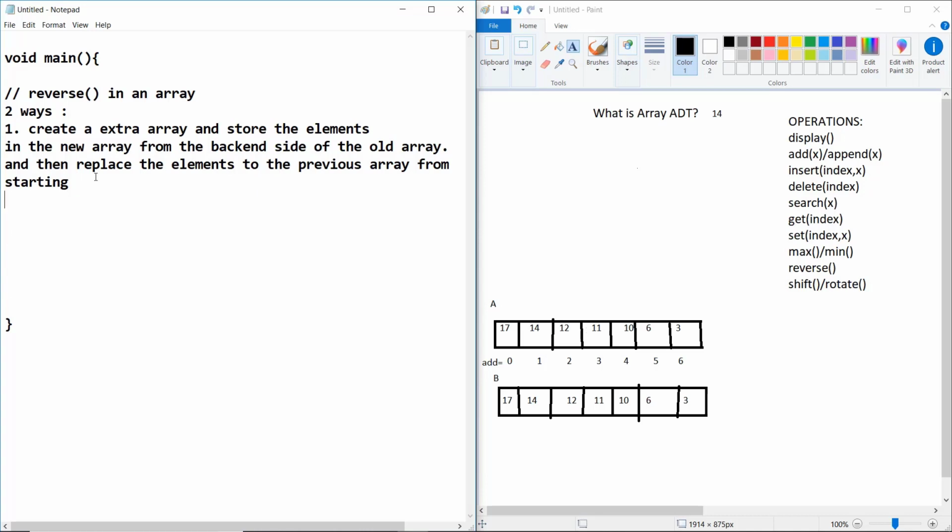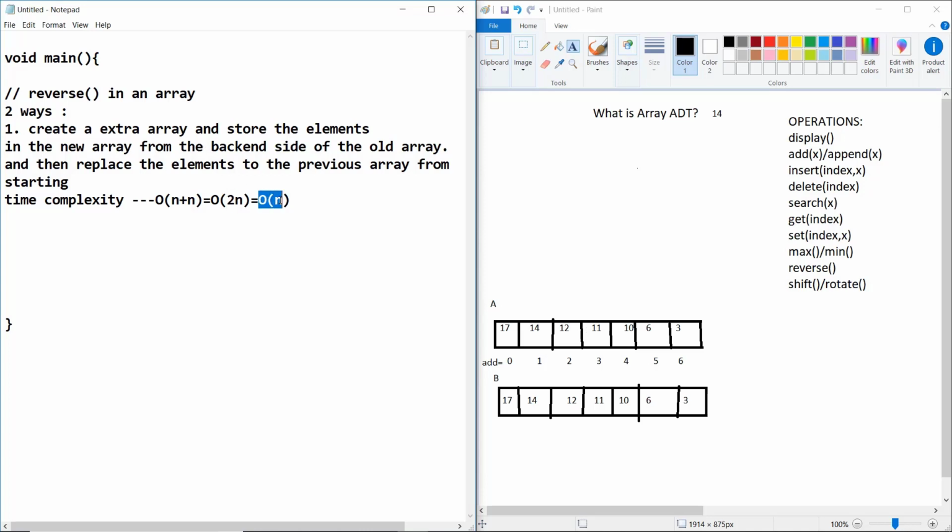And if we talk about the time complexity, it is O of n plus n. Why n plus n? Which is approximately equal to capital O of 2n, or we can say big O of n, because we don't consider the constants.